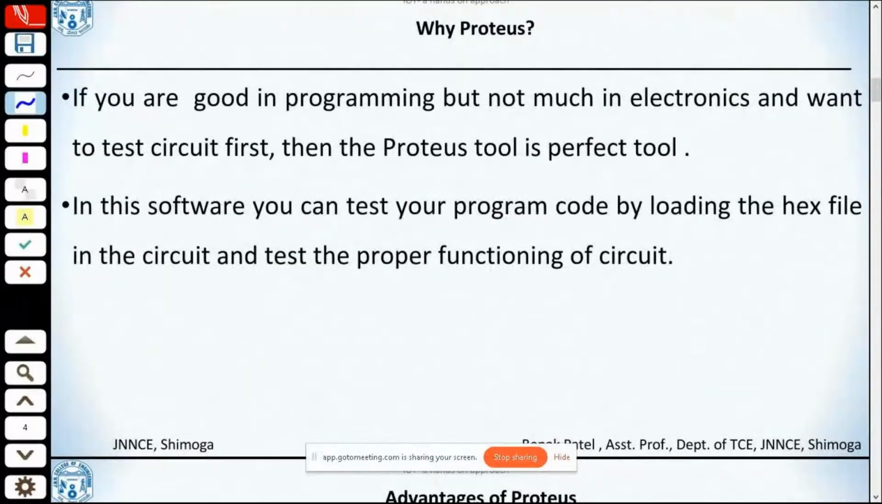Now let's see why Proteus is essential. Let's say you are good in programming but not much in electronics and want to test a circuit first, then the Proteus tool is a perfect tool. Because if you are from a non-electronic background like CS or IS branch, or mechanical or civil, and you are quite interested in learning electronics, but you directly make use of hardware,